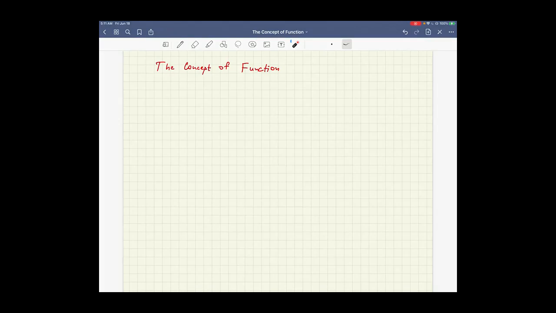The fourth topic in week 1 is the concept of function. So we will start with an important definition. Say we have two sets, call them capital X and capital Y. Given two sets, capital X and capital Y, we define the idea of Cartesian product, the Cartesian product of X and Y,